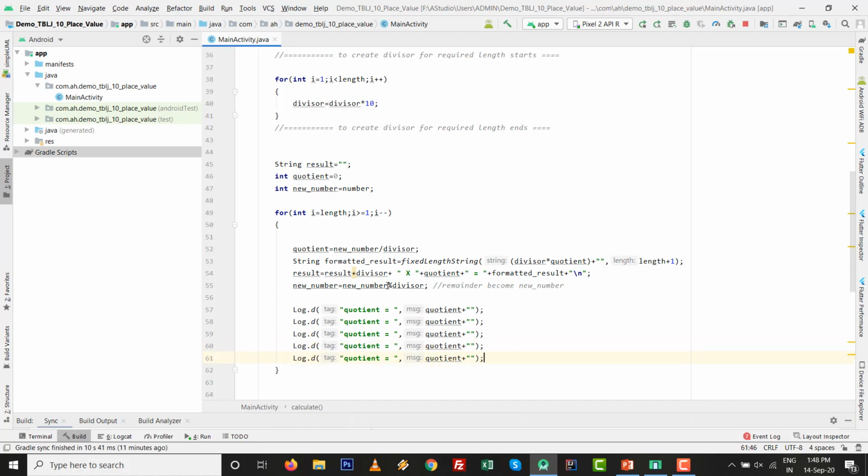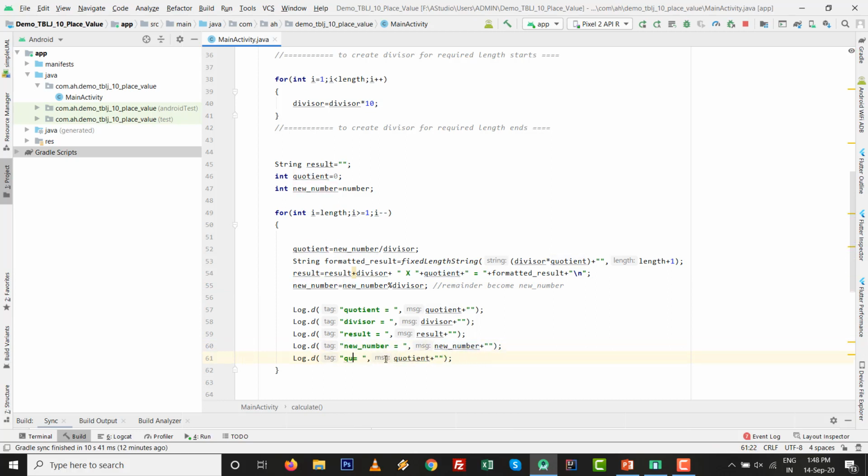After that, whatever the divisor value currently is, we are going to change these values. After this log, I copy this one and paste it with result, and whatever the new number is, Control C, Control V.